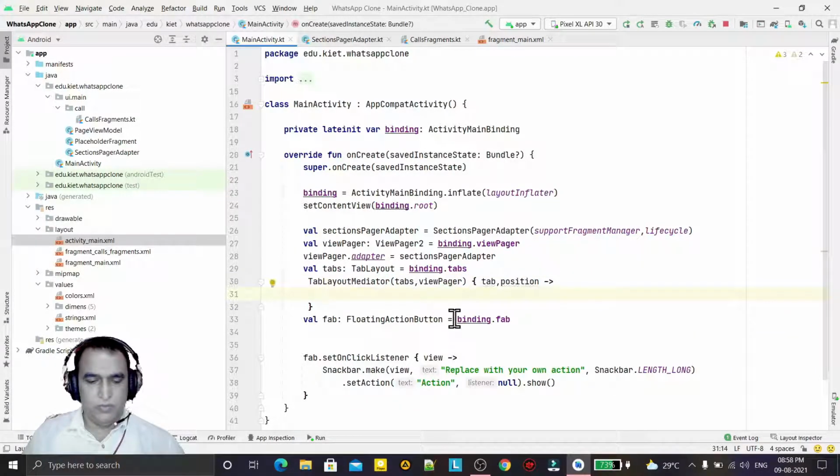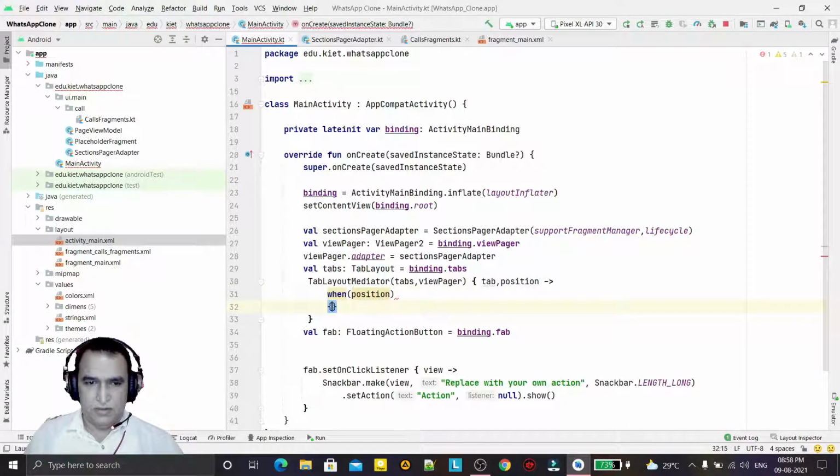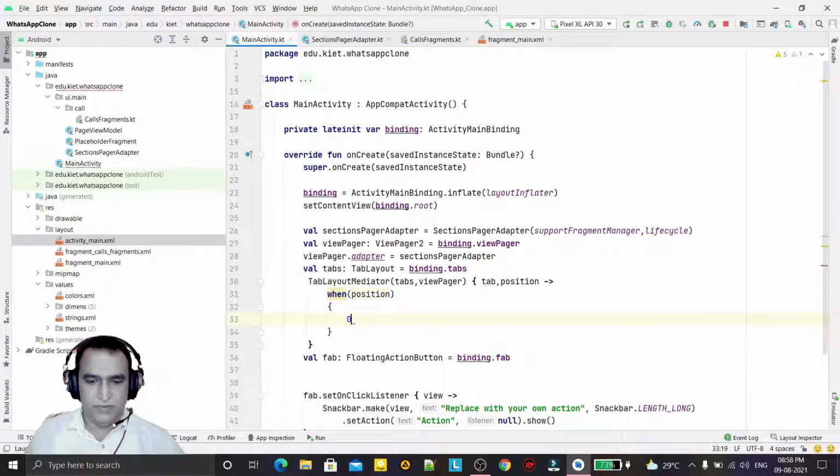Now I have to use the position here, and I have to fix that if it is 0, then the title should be tab.text, and I will pass Chats.